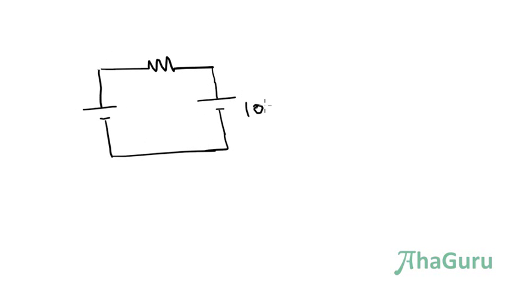In this problem, instead of having multiple resistors, we are going to have two batteries. So we have a battery like that and another battery which is like this. Okay, this battery is given to be 10 volts and this battery is 3 volts and the resistance is 3 ohms. And the question that's asked is, what is the current through the 3 ohms resistance in this direction that was given in the problem, right?